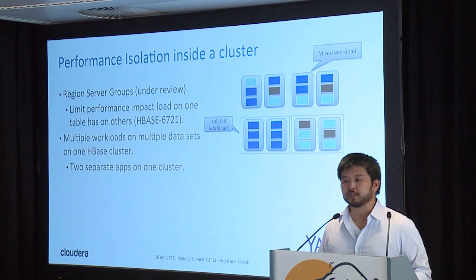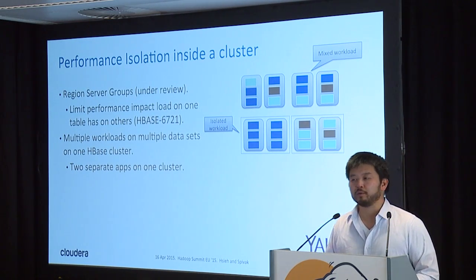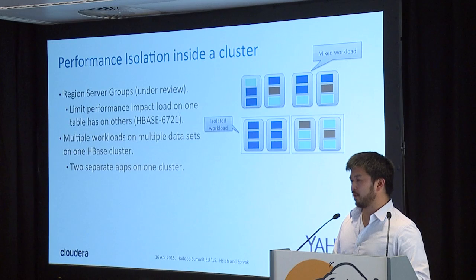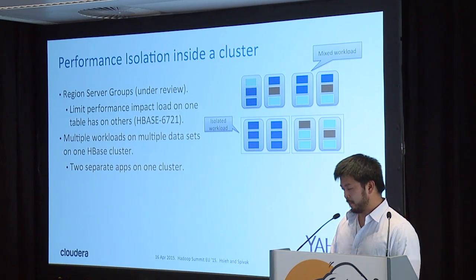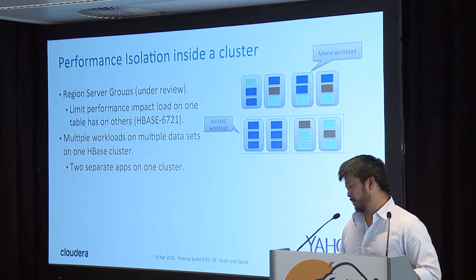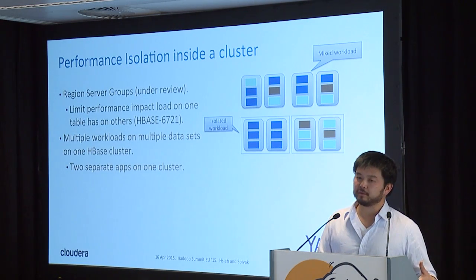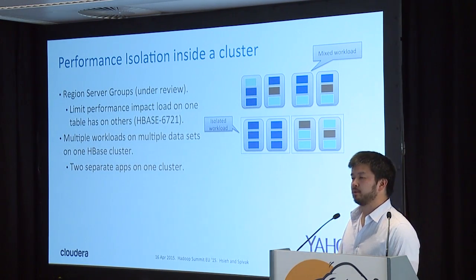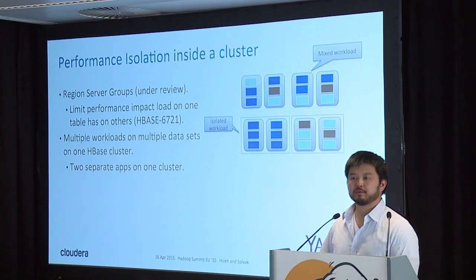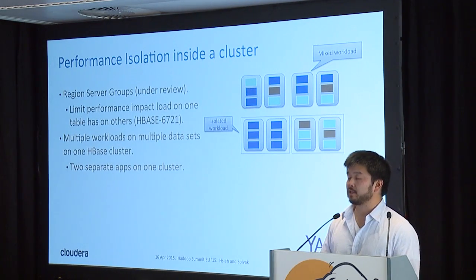And they've spread their partitions out across the cluster. What we do is we say certain machines belong to a particular region server group, and we isolate, let's say in this particular case, the dark blue application to one region server group, and then the light blue and the gray go to the other region server group. So what we're really doing is we're isolating the physical resources